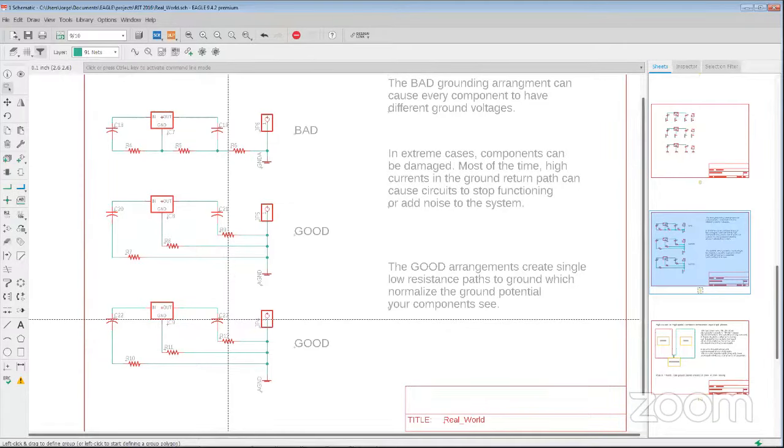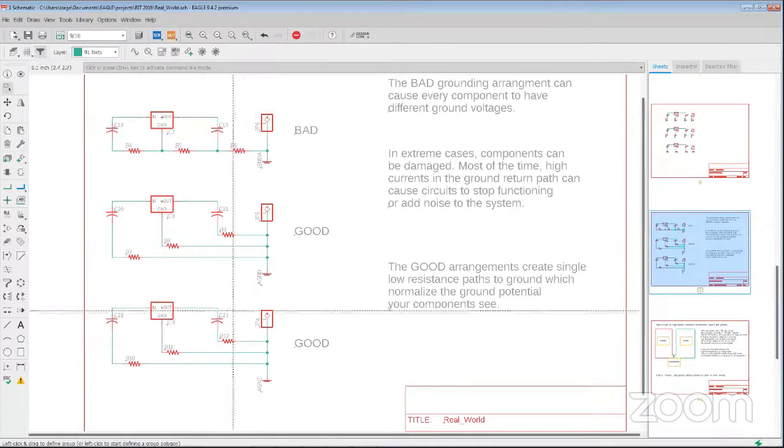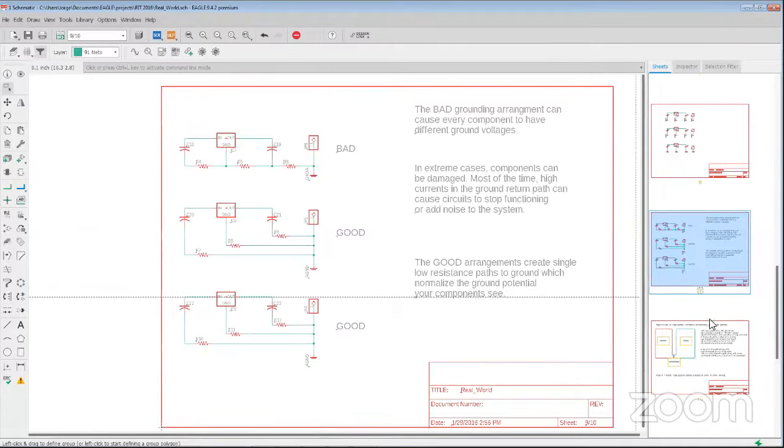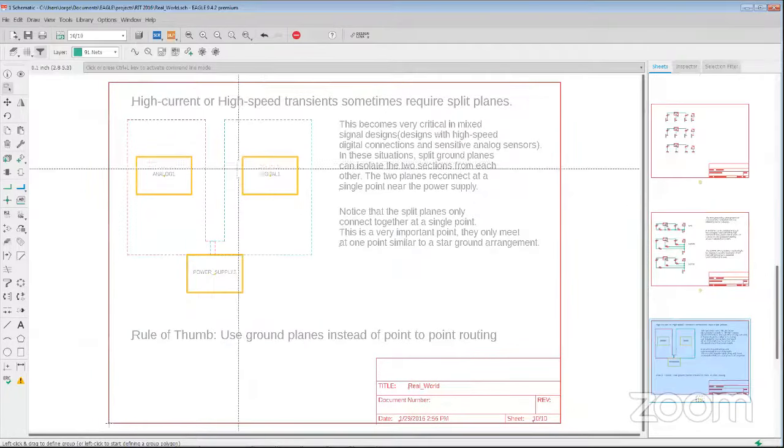But you still want to make sure that when you're dealing with this, that you have clear areas for the current to return back to their source. And that takes us to our final slide over here where we talk about plane separation. Okay, so this is a kind of a little bit of a controversial topic in the sense that if you do it wrong, it could actually create worse issues for your circuit than if you just had a big continuous plane. But the idea here is that,